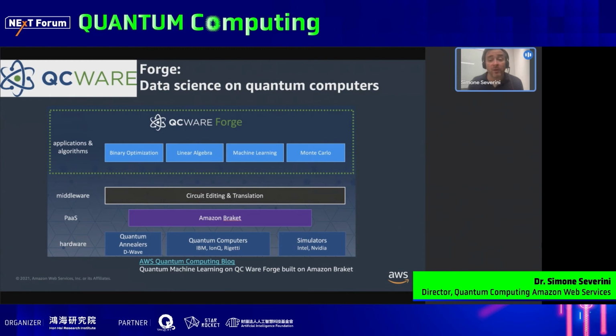Another example that I would like to present briefly is Forge, which is a service built by QCware. It is a software as a service machinery built by QCware, and is specifically addressed to data scientists. So, using quantum computers for data science. And here you see that